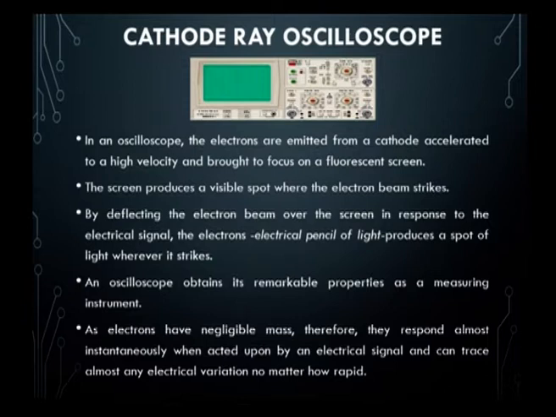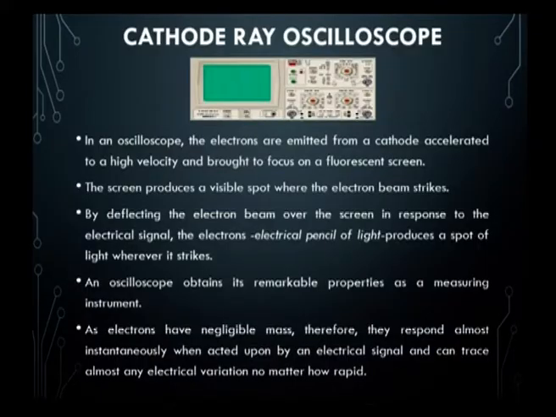So, the working principle of CRO mainly consists of the electron beam. The electron beam will be formed with the help of the cathode. This cathode will be preheated so that it will emit the electrons. These electrons will be in the form of a beam, and will strike on the screen, that is, a fluorescent screen will be there. On that, this electron beam will strike. That striking of the electron beam will be